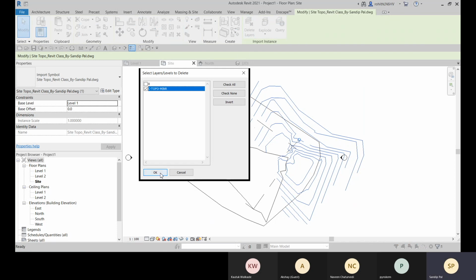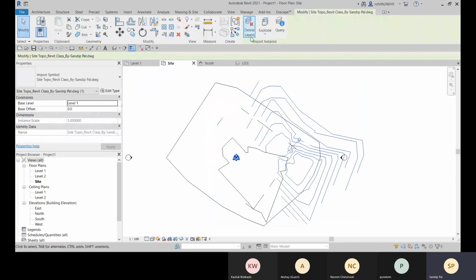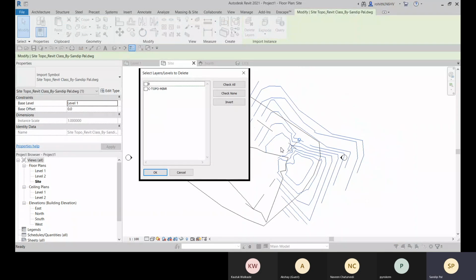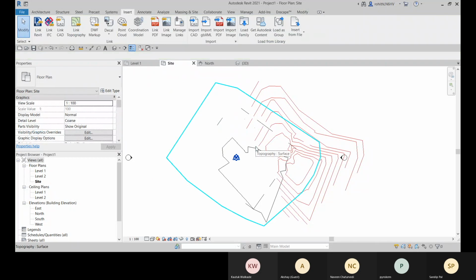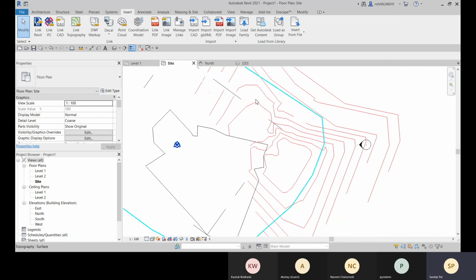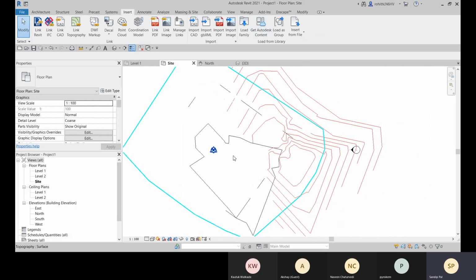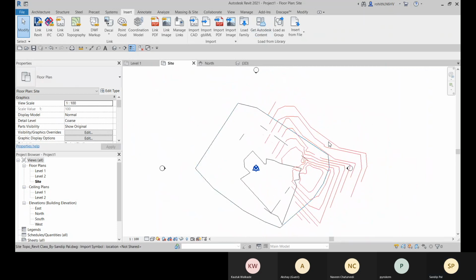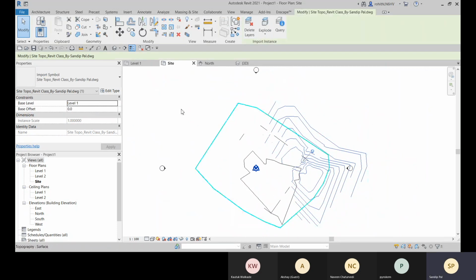So I think this one will not be deleted. Okay, so this file cannot be deleted because if I delete that, everything will be removed. So now you can see that the green line is not available anymore. That's because I have deleted that layer. Okay, so now I don't need this.